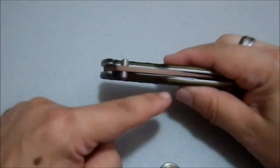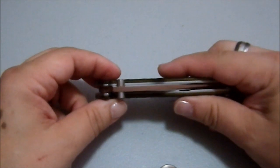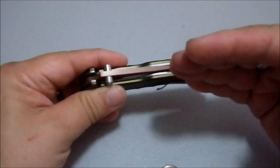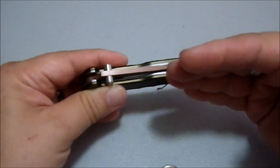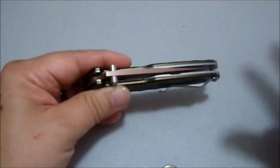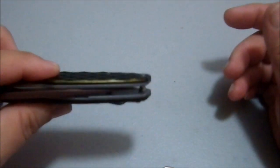And the liner lock is a little stiff. You'd have to disassemble it and then very carefully bend it just a smidge. And it's very touchy when you do that, because then you have to put it back together and try it. Oh, I went too far. And you have to take it apart again. Yeah, so you just get used to it. It'll wear in a little bit. For centering,